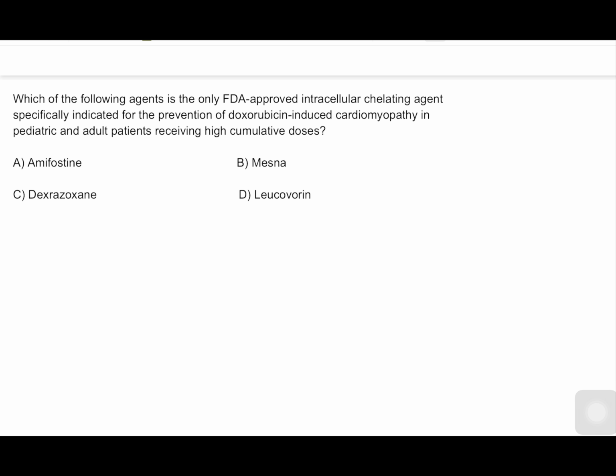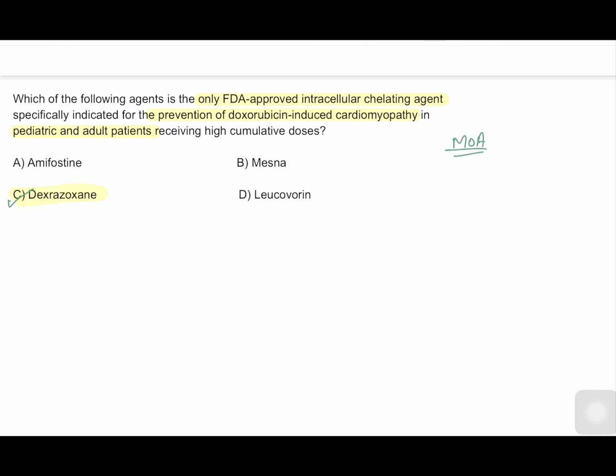Next is, which of the following agents is the only FDA approved intracellular chelating agent specifically indicated for prevention of doxorubicin induced cardiomyopathy in pediatric and adult patients receiving cumulative doses? Okay? So here the correct answer is dexrazoxane. Before going into dexrazoxane, we need to understand how this is caused, or what is the mechanism of action of